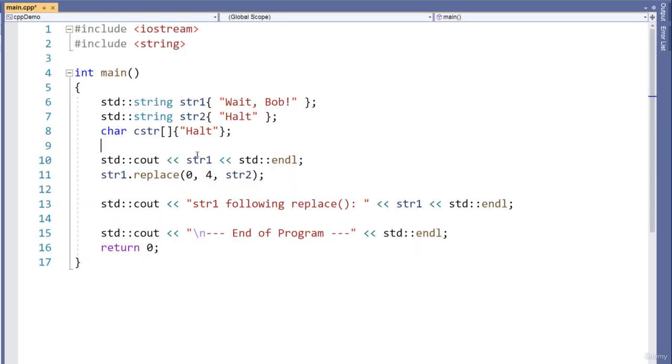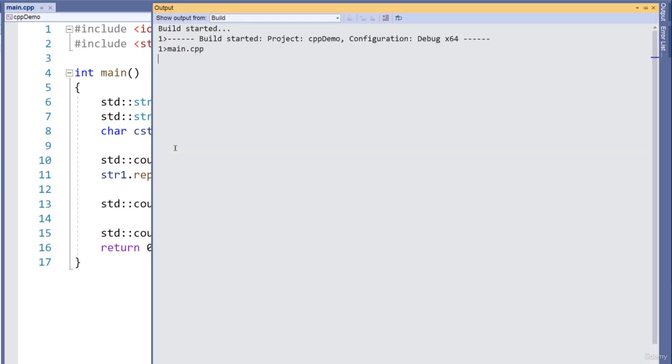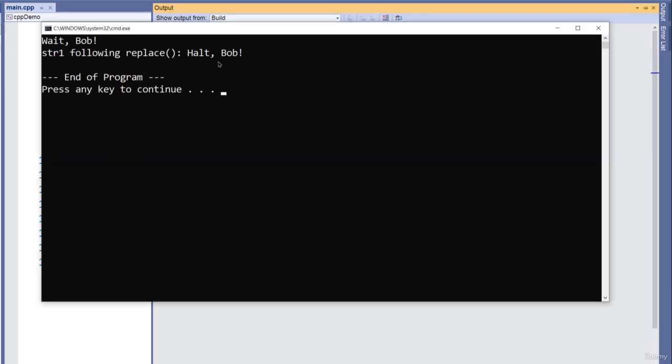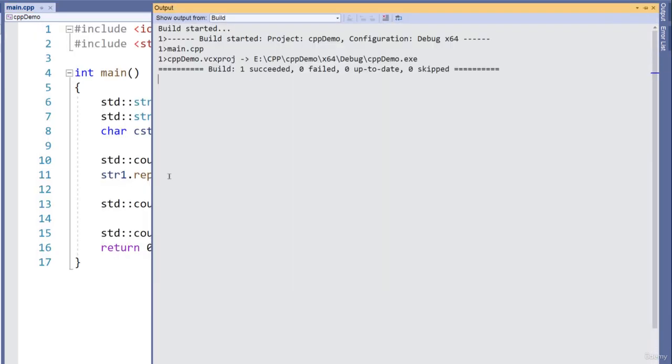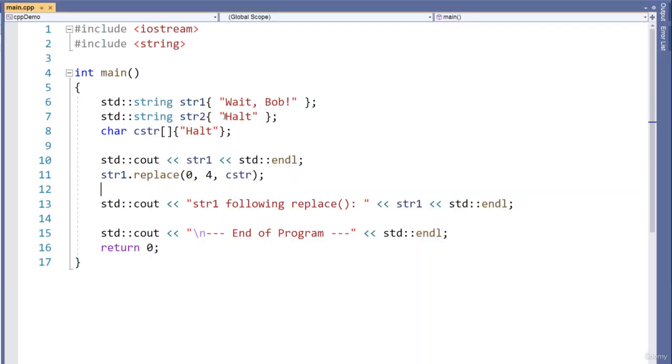Just undo that. As with some of the previous examples, we have overloads to work with character strings as well. So pass in the character string, which is also initialized to halt, and you can see that works as well. String 2 is currently initialized to halt, but let's say we have something else, such as an exclamation or something